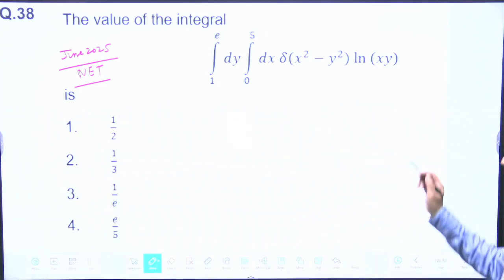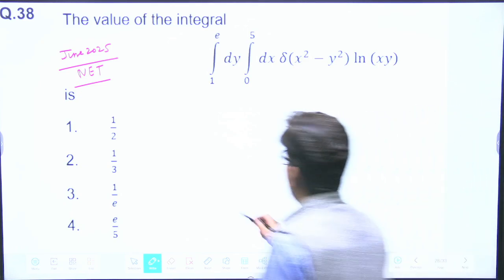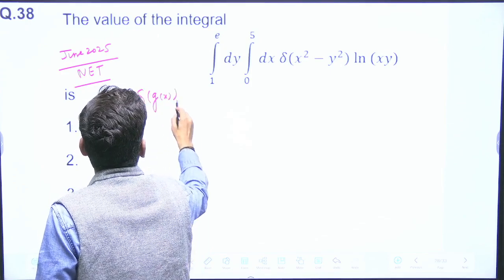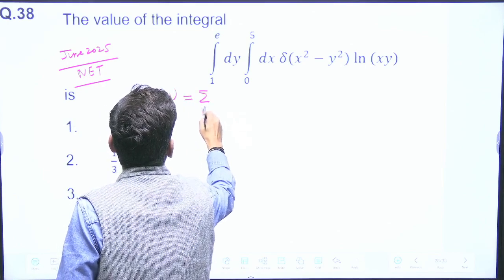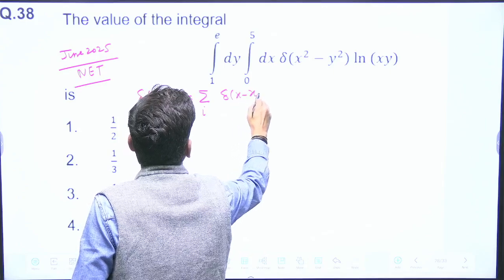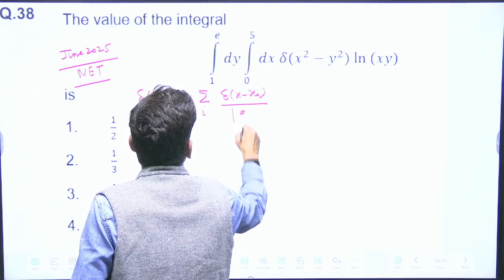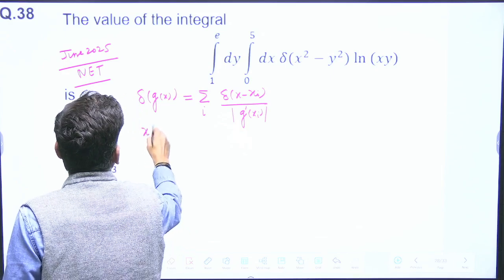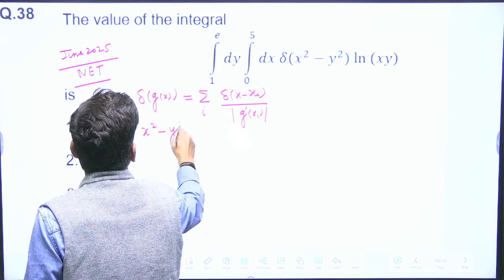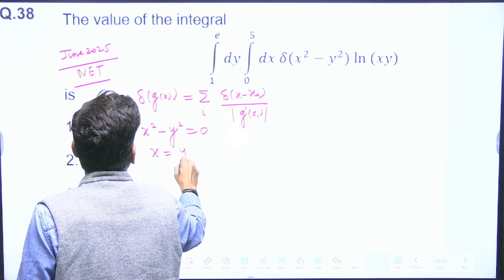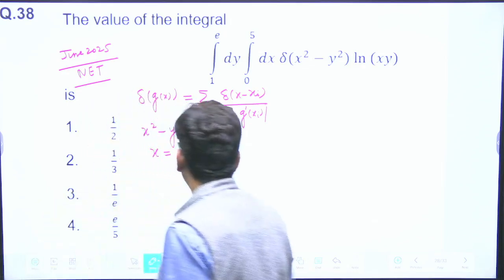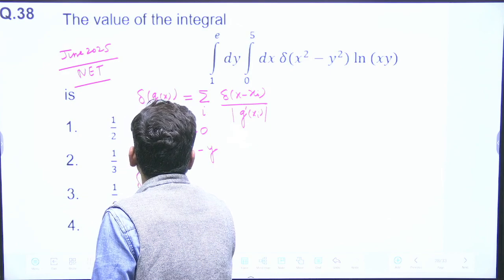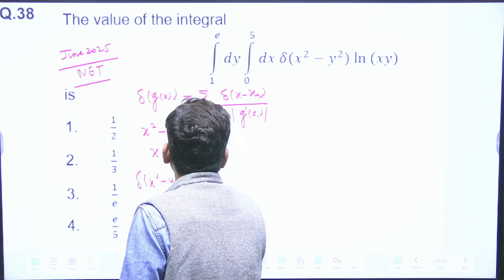Hello students, this is a question from the Dirac delta function, in which some function g(x) is given. How we handle it is: the summation over i of delta(x minus xi) upon mod of g dash of xi, where xi are the roots. In this case, x square minus y square is 0, and x equal to y and minus y are the xi's. So I can write delta(x square minus y square) is equal to 1 by 2y,